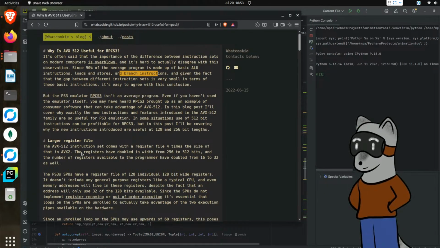So, large register file. The AVX 512 instruction set comes with a register file 4 times the size of AVX2. The registers are doubled in width from 256 to 512 bits, and the number of registers available to the program has doubled from 16 to 32 as well. The PS3's SPUs have a register file of 128 individual 128-bit wide registers. It doesn't include any general purpose registers like the typical CPU, and even memory addresses will live in these registers, despite the fact that